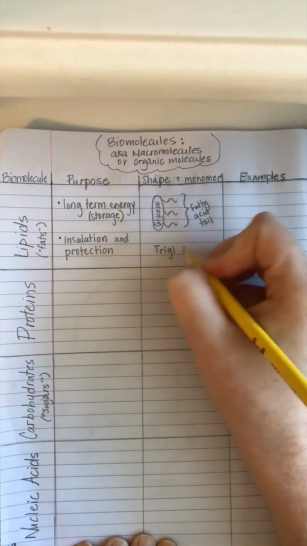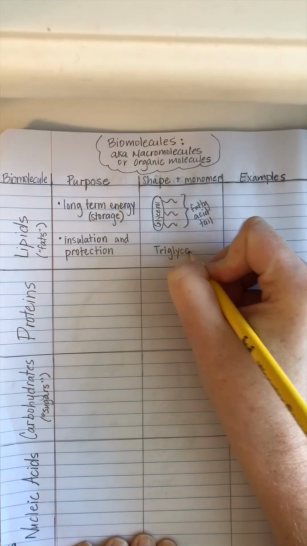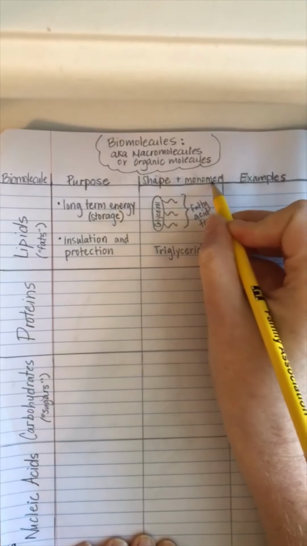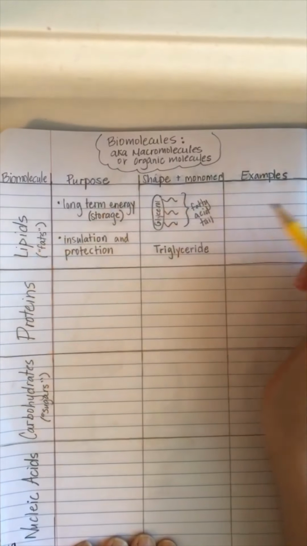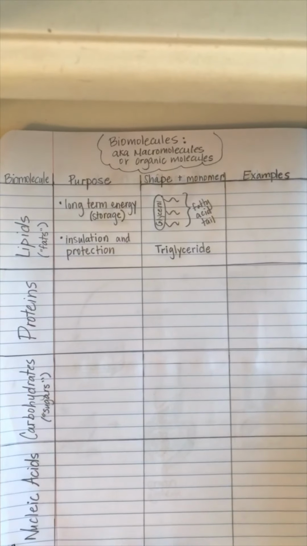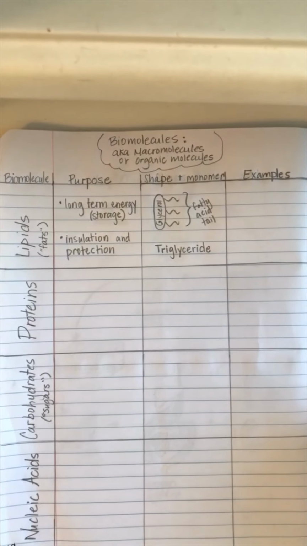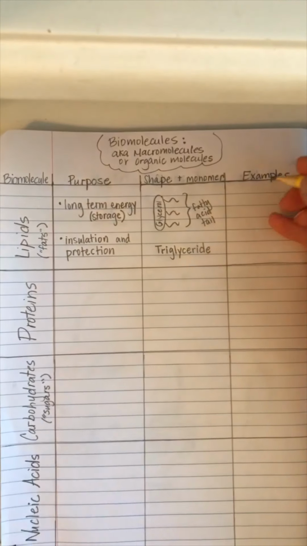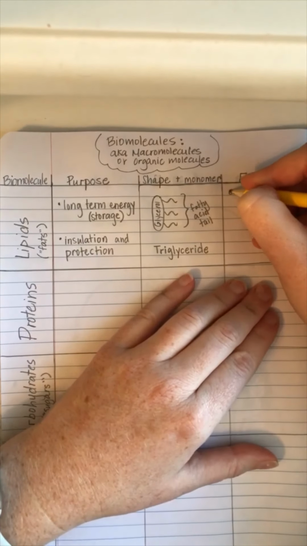Glyceride comes from glycerol, and triglyceride is the monomer, the small building block that makes up these fats. There are many examples of fatty foods. You've probably heard of many of them. There's any kind of oils,